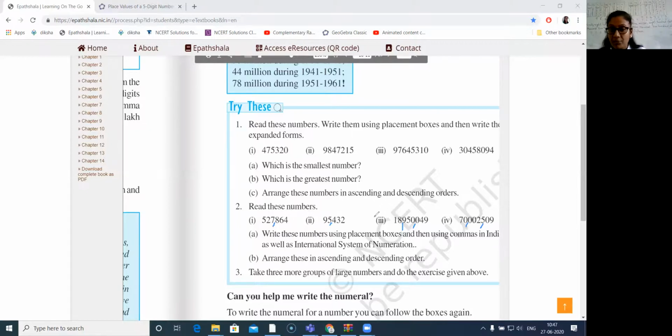First, count the number of digits. The number having the lowest number of digits will be the smallest, and the one having the greatest number of digits will be the biggest. Now, if two numbers are having the same number of digits like the third and the fourth, maybe you have to see what is their number value. Because you have to go to the largest place and see which digit is sitting there.